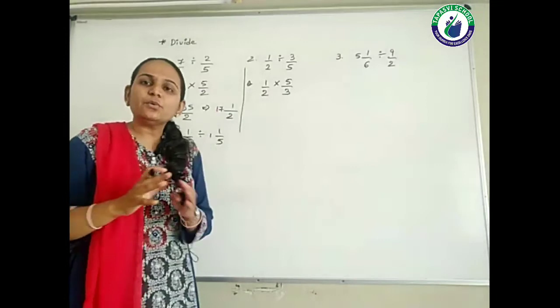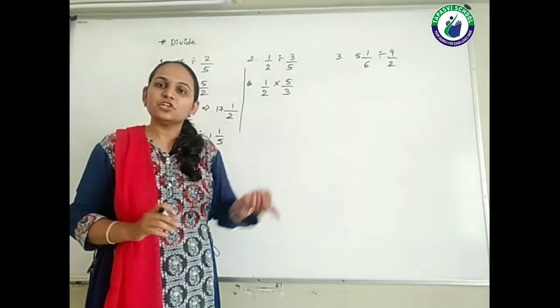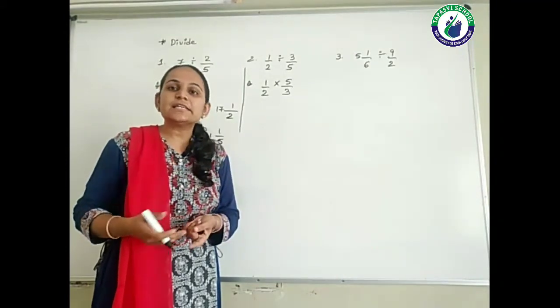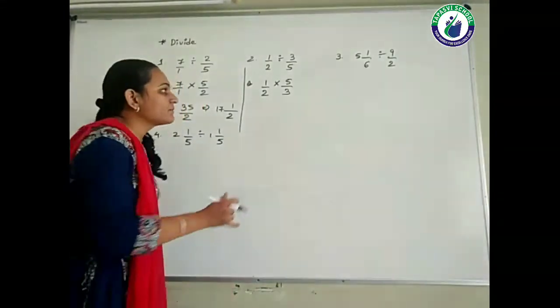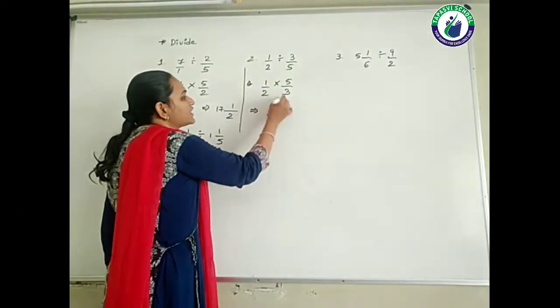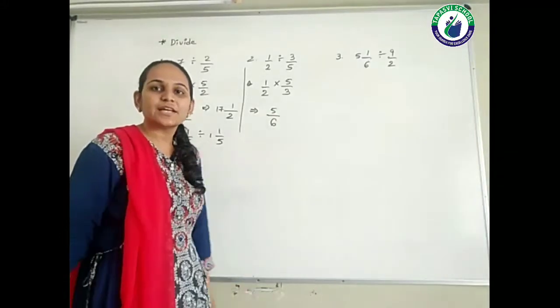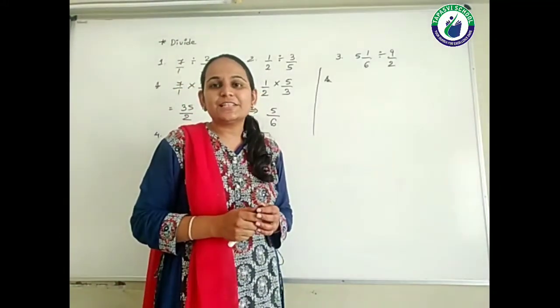Now whatever you are doing in the multiplication, the same is there. Multiply numerator with the numerator, denominator with the denominator. And if any cutting is there, then also you can take advantage of it. So we don't have any cutting over here. So 1 5s are 5 and 2 3s are 6. This is a proper fraction, so we cannot do further. So here the answer gets over.